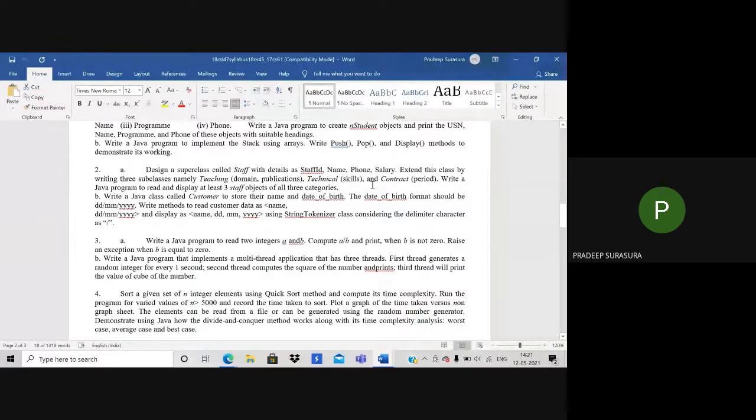And the second part of the program is to write the name and date of birth of a particular person using one concept called string tokenizer. The string tokenizer concept is very simple, very straightforward. I will try to define one delimiter. Delimiter means one separator. So if I take a date of birth as my input, I will pass the forward slash as the delimiter. So that delimiter separates the content we have written in a specific format.